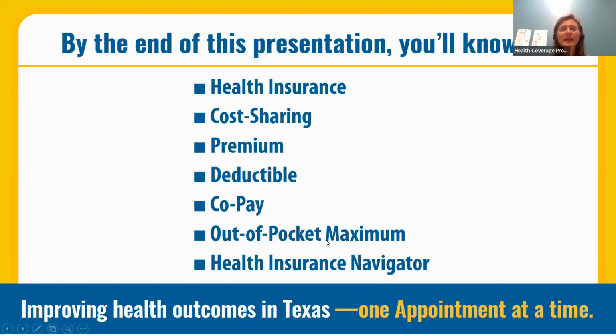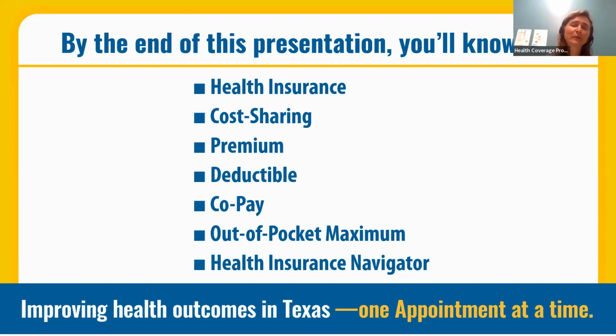What we'll talk about today are some basic terms. By the end of this presentation, you'll know what health insurance is versus types of coverage that are not health insurance and that should not call themselves health insurance. We'll talk about cost sharing, which are the shared costs between health insurance companies and individual people to make healthcare affordable. Premiums, the monthly payments people make into their health insurance companies so that they have access to their plans. Deductibles, the chunks of money that people have to pay in order to activate cost sharing with their health insurance plans.